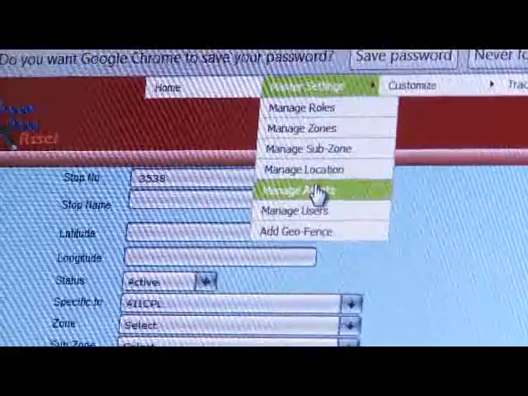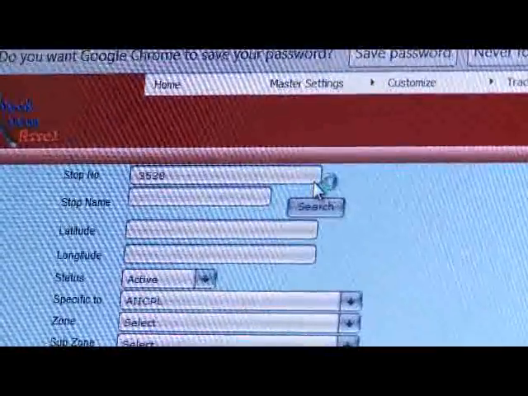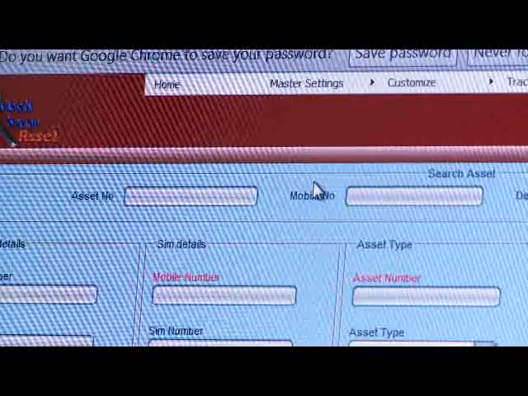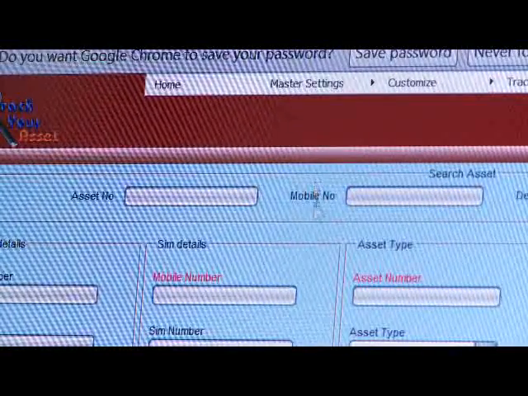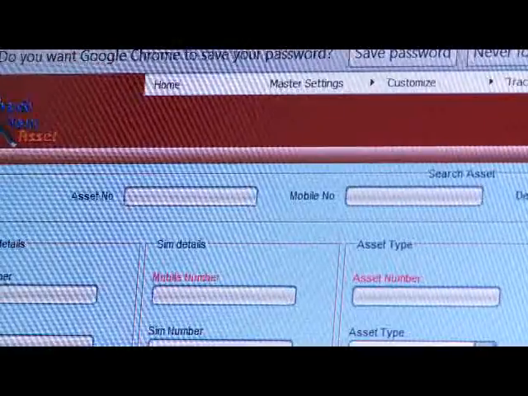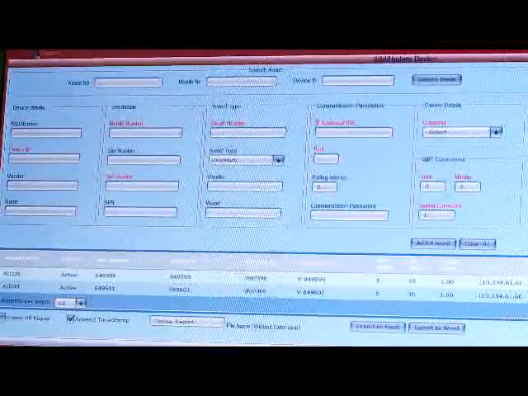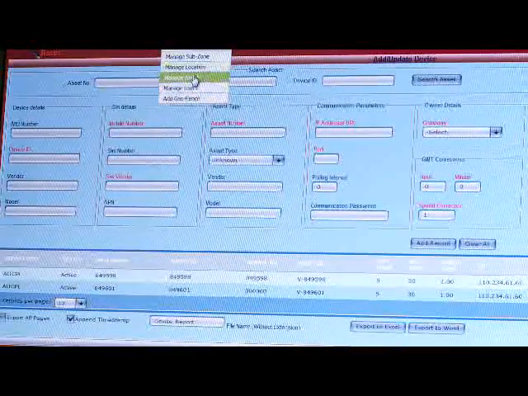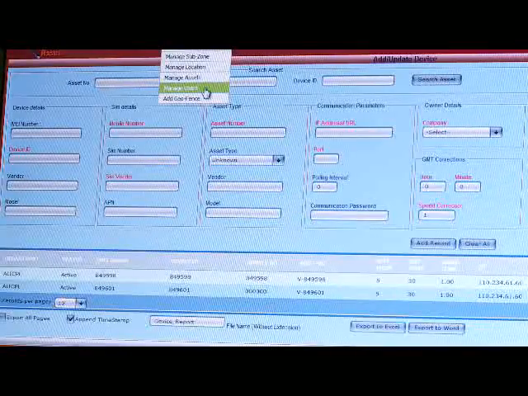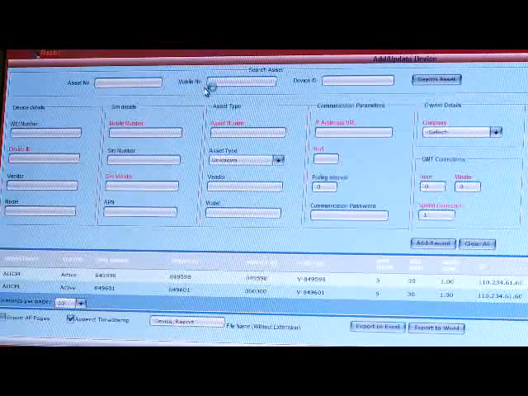Manage assets. I can manage assets by allotting different vehicles or different assets to different locations. Suppose I have different locations, I can allot them to various users and sub-users. Manage users, I can give different rights to different users.